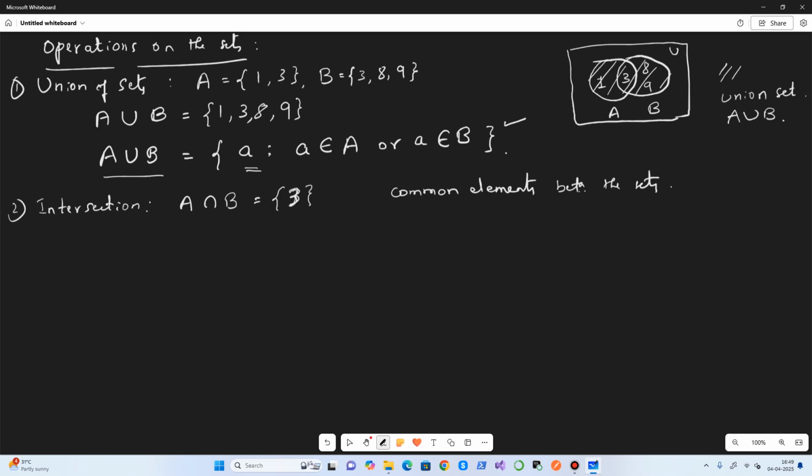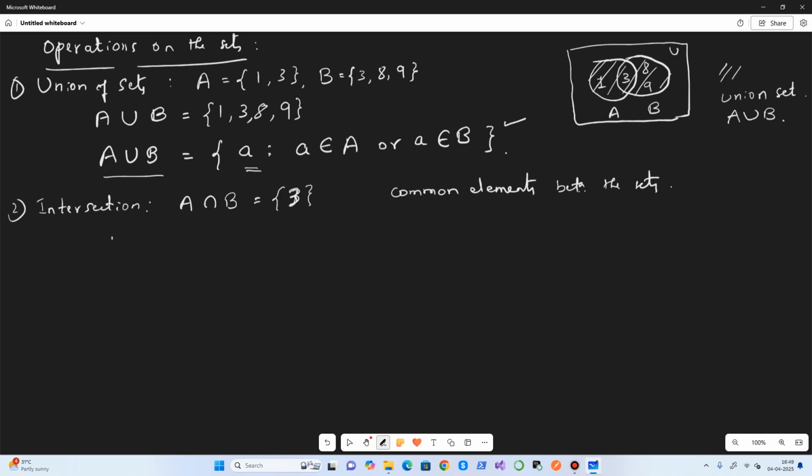In fact, we can extend this to multiple sets also. Not only 2, you can extend it to 3, 4, 5 like that. The same case holds for the union also, you can extend it to 3 or more sets.